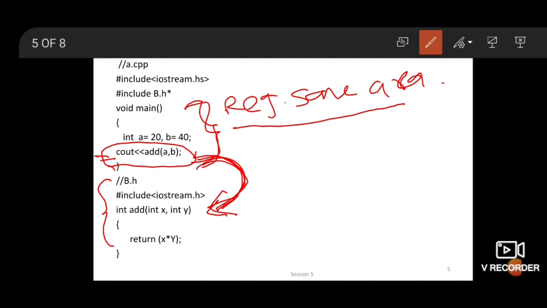The CPU then executes process B, and the output is given to process A, and execution of process A restarts from the instruction at which it was halted. After completing process B, it goes back to the main program and completes its execution. It is called context switching. Understood, student? This is how context switching works. This is a simple example of context switching.